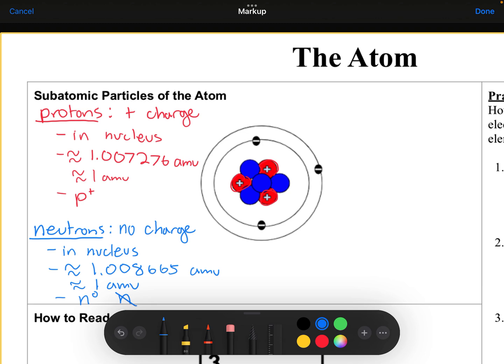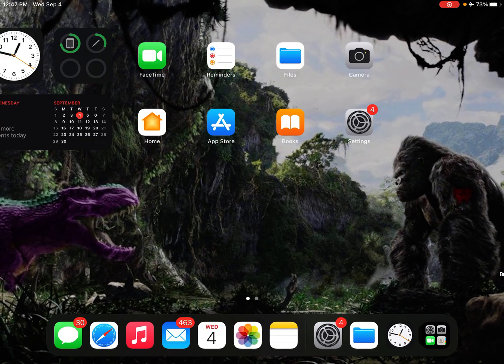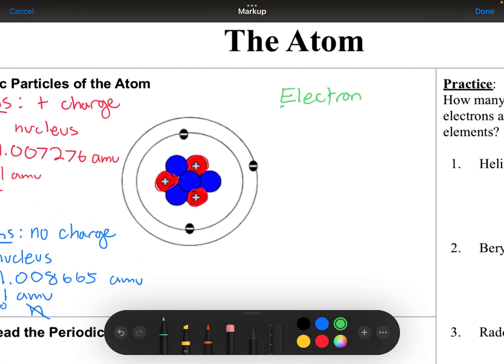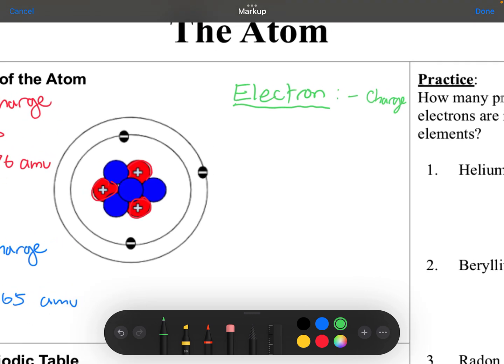All right, our last subatomic particle that I want to talk about is the electron. Sorry, electrons. And electrons have a negative charge. They are also really little, and they orbit the nucleus. They have a little bit of weight or mass associated with them, but again, it's a tiny amount, roughly